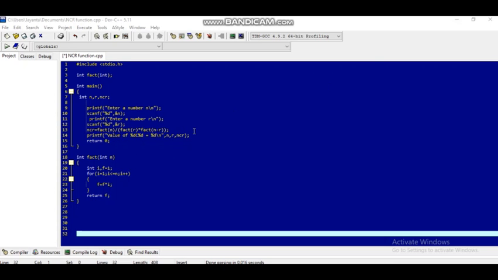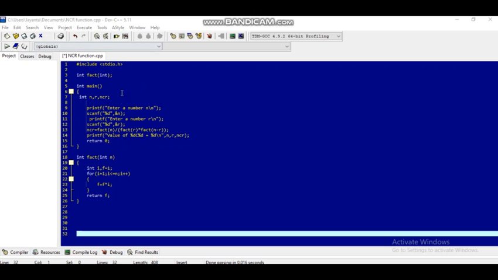Now after getting the value of NCR, the value of NCR will be printed, so displayed. So printf value of percent %d c percent %d, that is NCR. The value of NCR will be displayed here, and at last the return 0. So here's our program for calculation of the NCR, where the values of N and R will be taken from the user, and the fact function is the user defined function which is called for the NCR